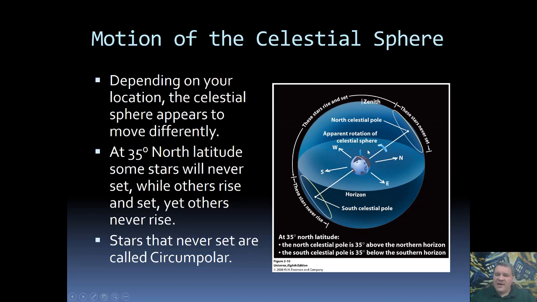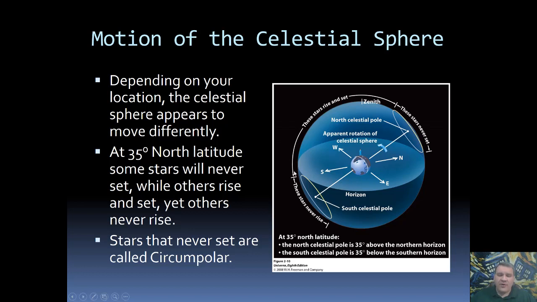Now notice that because of where this person is positioned, as they look south, there's going to be a region of sky that they're never going to be able to see. From their point of view, looking south, part of the sky is always going to be below the horizon. Part of the sky will always be blocked by the Earth. And so they will never see this region of sky. As an example, where we are here in Utah, we cannot see the Southern Cross. That is always too far south from where we are. The Earth is always blocking it. It is always below our horizon.